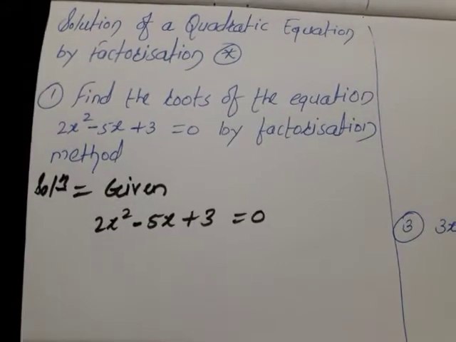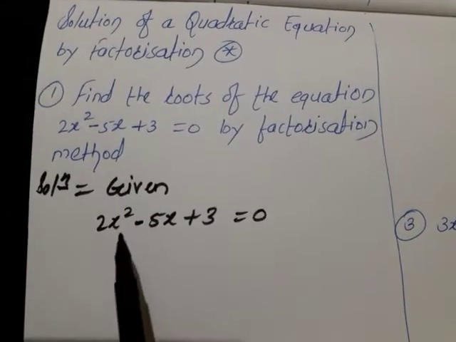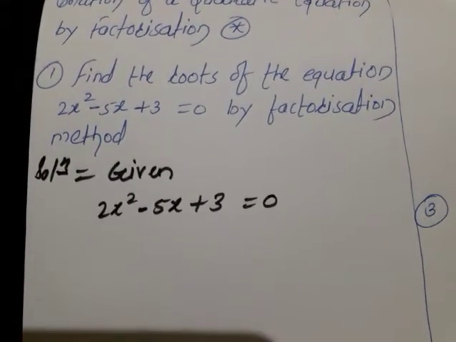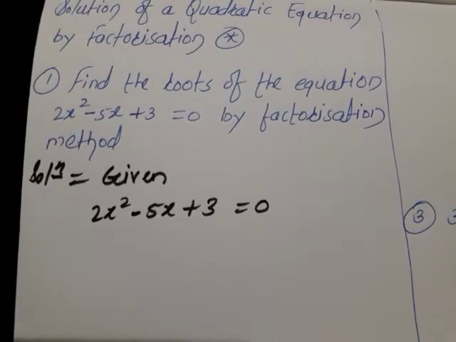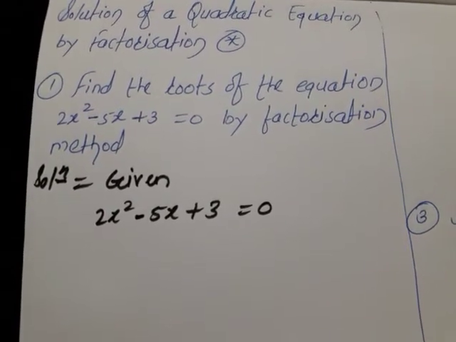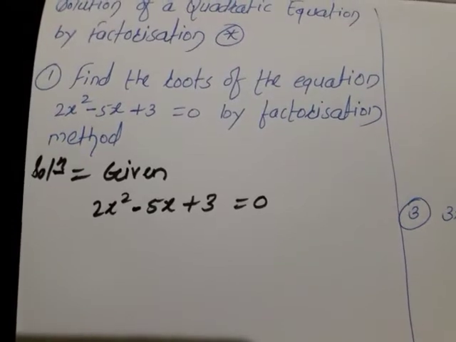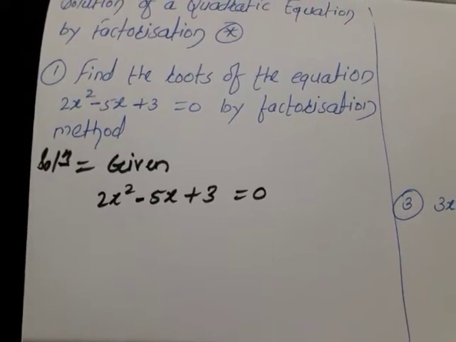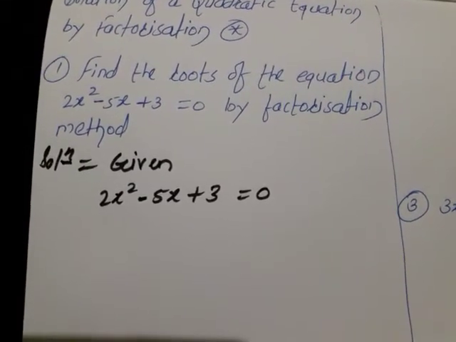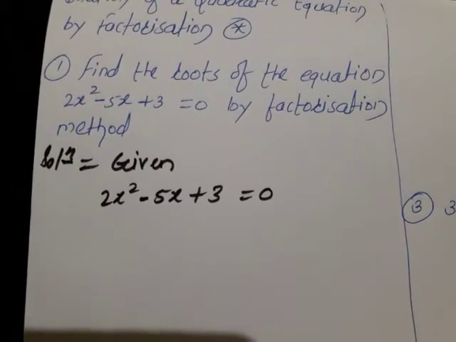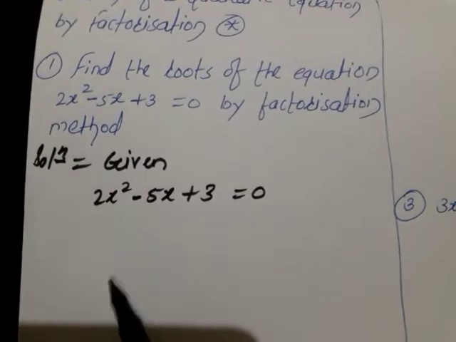This is the given quadratic equation, 2x square minus 5x plus 3 is equal to 0. As it is, I copied that equation. Then the next step is a very important step. In this step some students are getting confused, some students are not getting the answer. That's why they feel the factorization method is a little difficult. But this is a very simple method if you see carefully.